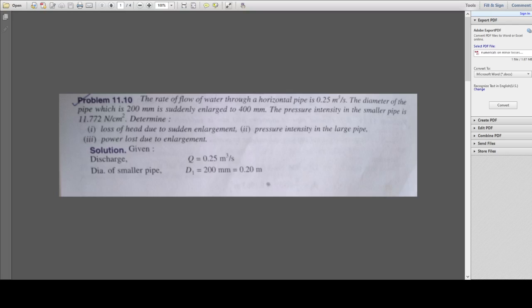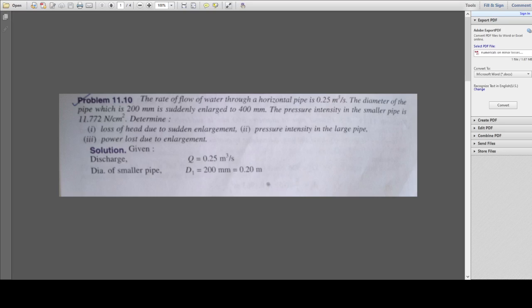So the first numerical is: The rate of flow of water through a horizontal pipe is 0.25 meter cube per second. The diameter of the pipe, which is 200 mm, is suddenly enlarged to 400 mm. The pressure intensity in the smaller pipe is 11.772 Newton per centimeter square. Determine, first, the loss of head due to sudden enlargement, second, the pressure intensity in the large pipe, and third, the power loss